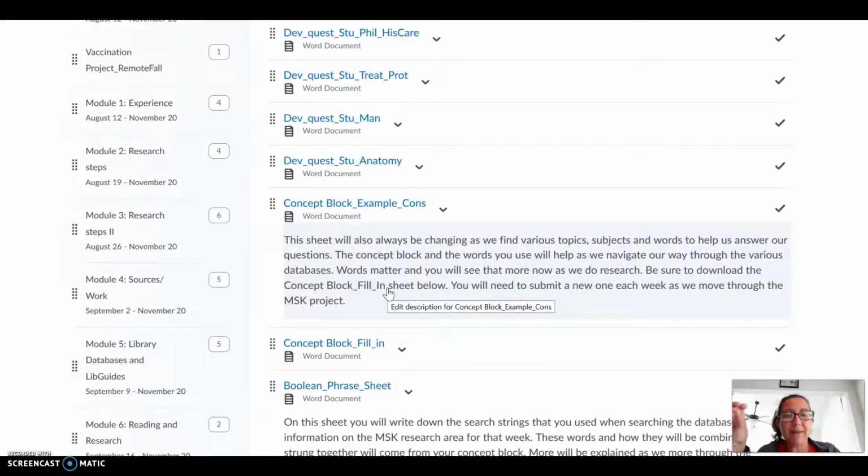The biggest reason that we do a concept block and come up with different words is because the way that you describe something and the way that I describe something and the way that the database has things indexed and organized and the way that the author might describe something are completely different. Back in the day,